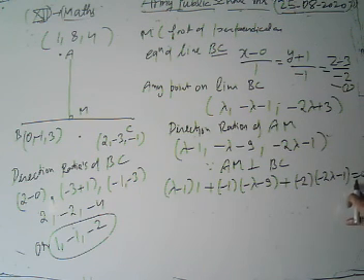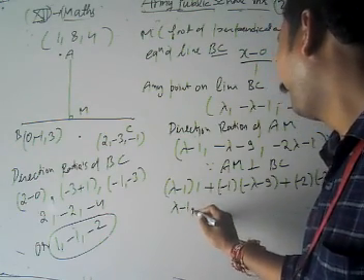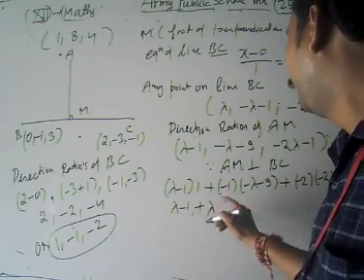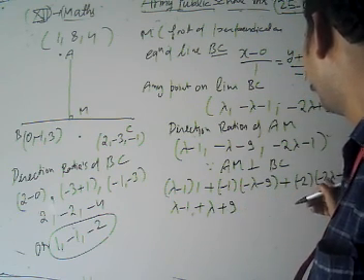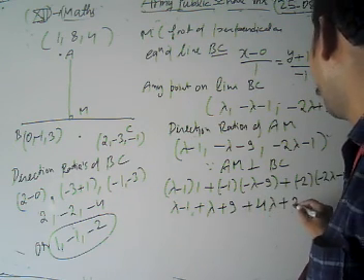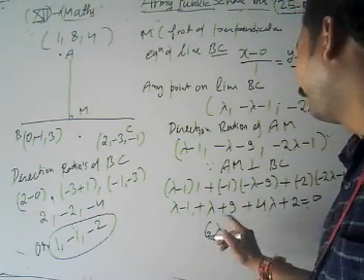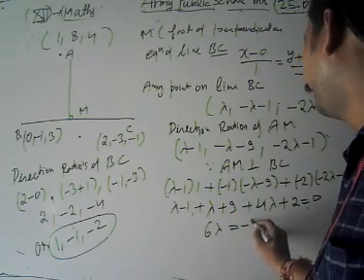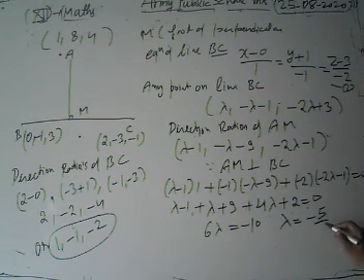Now from here we are going to find out the value of lambda. We have lambda minus 1 and lambda plus 9. Then what we get? Minus 4 plus 4 lambda and plus 2 equal to 0. Then 4 plus 1 is 5, plus 1 is 6 lambda, 9 minus 1 is 8, 8 plus 2 is 10. Then 6 lambda equals minus 10. Then the value of lambda is given by minus 10 by 6, which means minus 5 by 3.